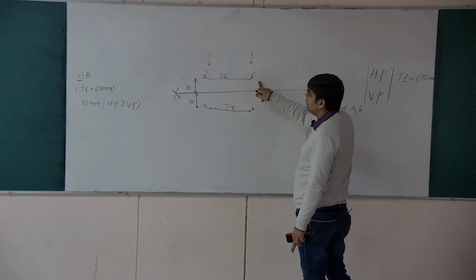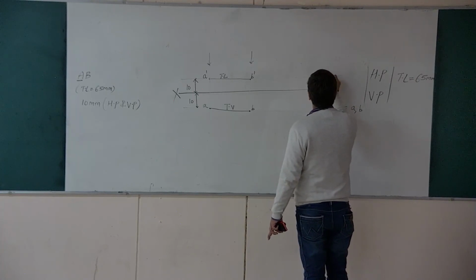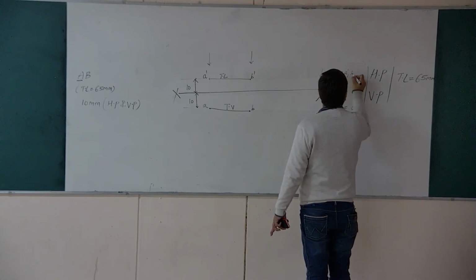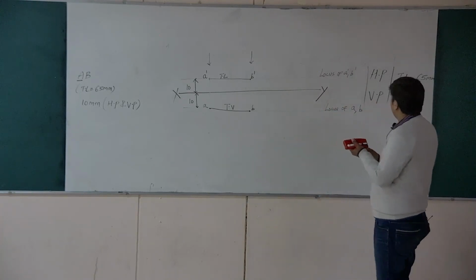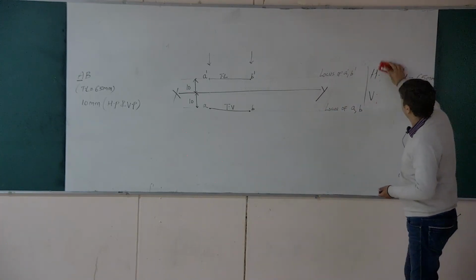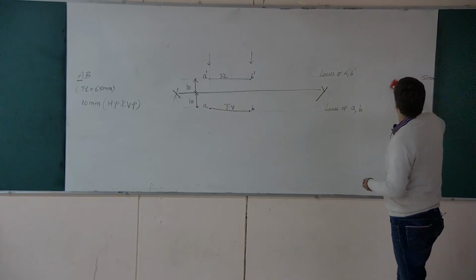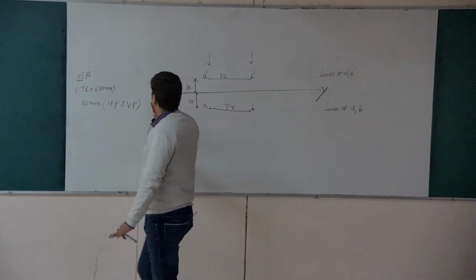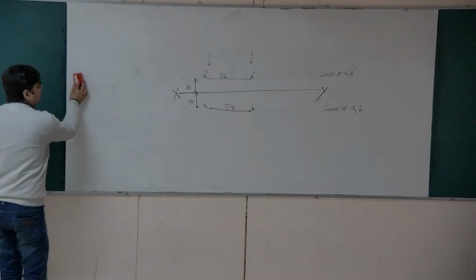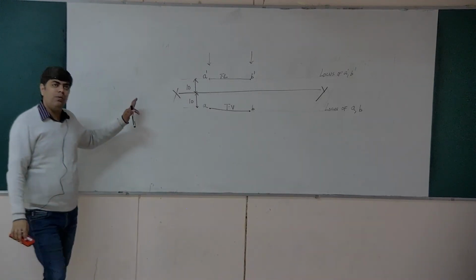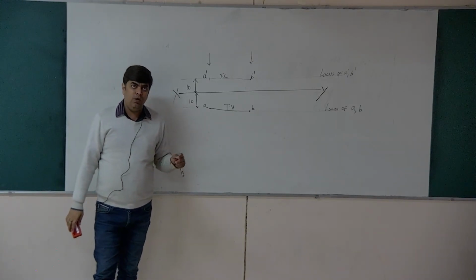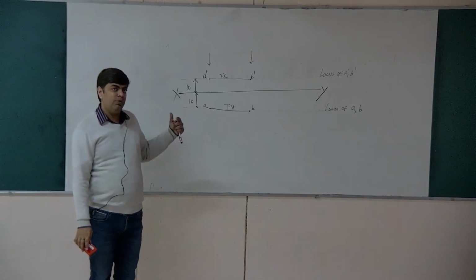सिमिलरली 10 mm ऊपर पॉइंट A डैश था, तो दिस इज लोकस ऑफ A डैश, B डैश. बाकी जो मैंने यहाँ लिखा था HP, VP, ट्रू लेंथ, आपको लिखने की कोई जरूरत नहीं है, सिर्फ आपको समझाने के लिए. इसका ड्राइंग के साथ कोई लिंक नहीं है. ठीक है? आपका एक्चुअल सोल्यूशन ये है, ये प्रॉब्लम थी आपकी. Correct? So this was the first problem in which the line is parallel to both HP and VP. So I am now giving a pause to this problem and then I'll come to the next problem.